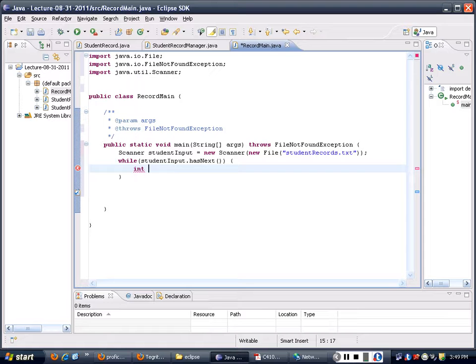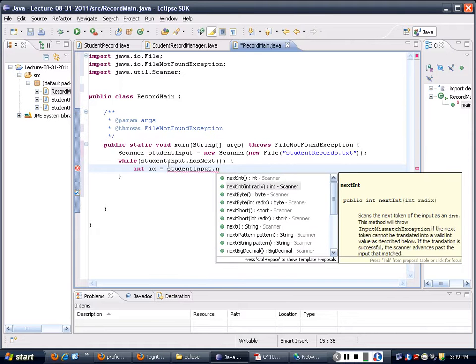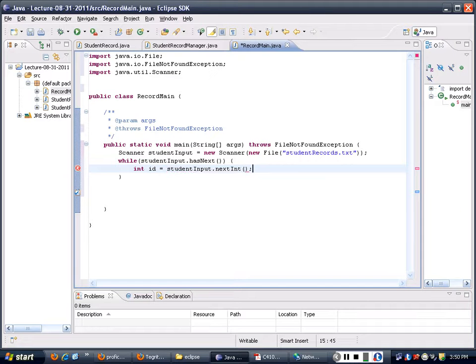ID is equal to student input dot next int, and I have the name is equal to student input dot next, and I have